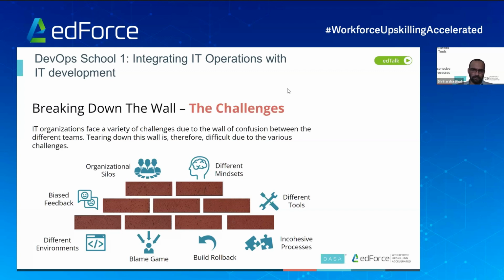Still, it is not going to be possible because of the organized silos, because of the mindset both of them have. Then biased feedback, one of the most important we always see, because they want to protect their personal interests. They have different tools, different processes, and even different IT environments. When I say infrastructure, whether it is a dev, QA, or production environment, you might have encountered problems like, oh, it's working in my environment, but it is not working in your environment. So you take care of yours, because it's working in my environment. It's not.